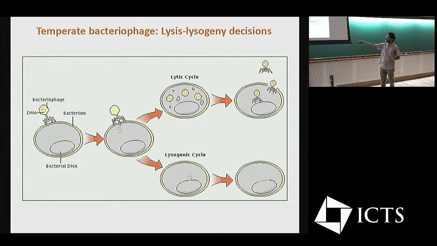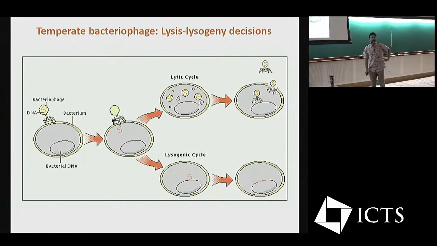The other thing that can happen is they can go dormant. They don't do all this stuff. They sort of sit quietly in a way. And in fact, in this kind of example, they insert their DNA into the DNA of the bacterium. And subsequently, this is a pretty stable state. It lives more or less happily ever after unless there are specific triggers that cause this to come out and